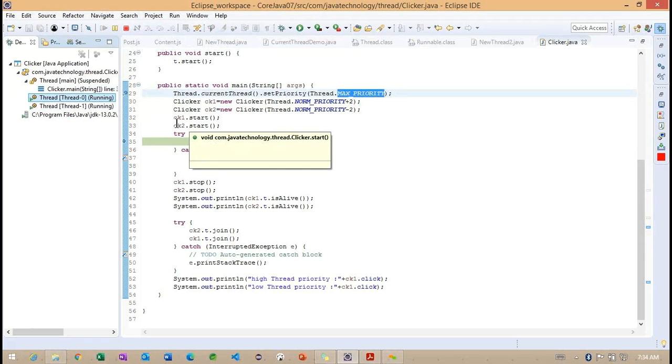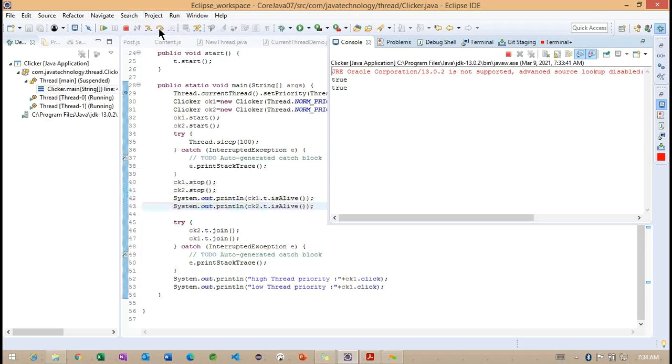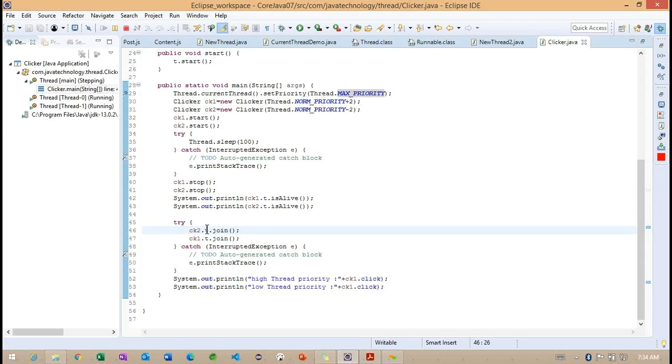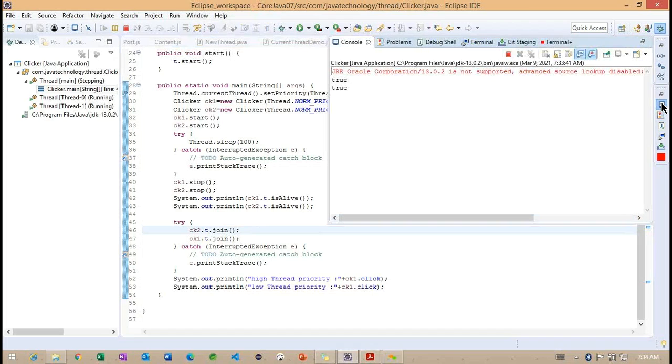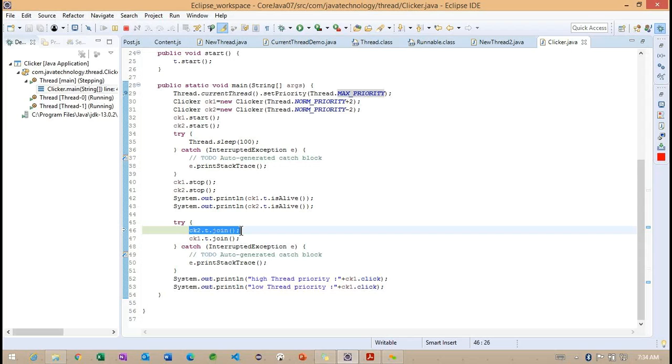Now whenever I am trying to stop here, the current thread... Maybe this particular thread is taking some more time. Let me make this as a 1922.